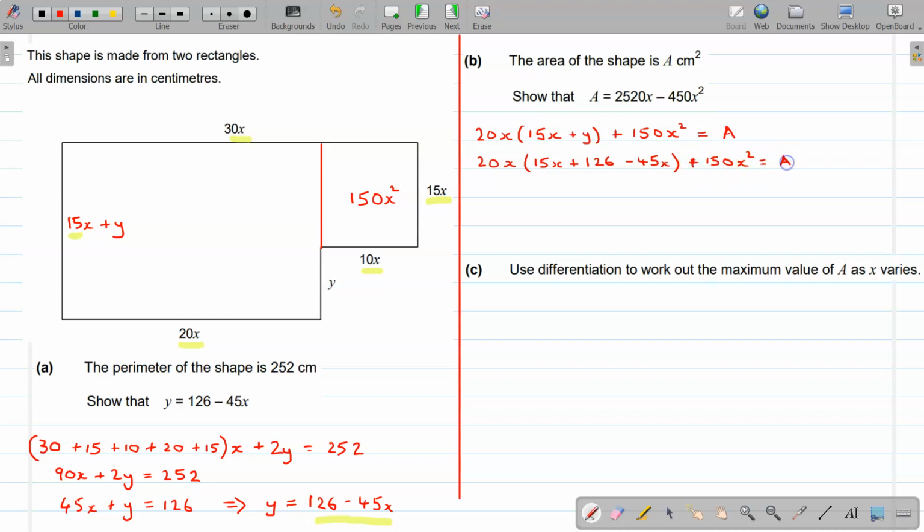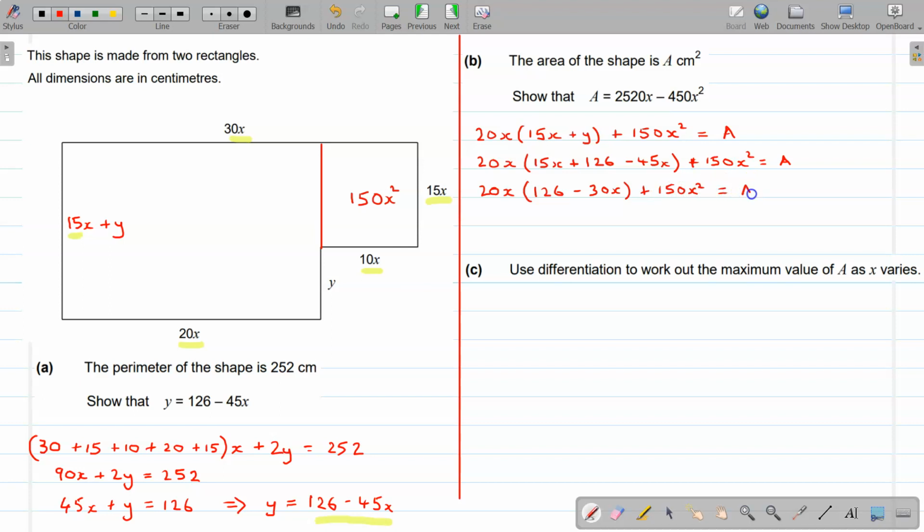Okay, on the next line I'm going to start expanding this out, but in fact before I do that I'm going to collect those two terms together. So I've got 20x and then I've got 15 minus 45, so that's going to be 126 minus 30x plus 150x squared